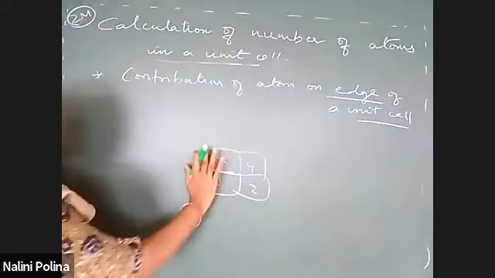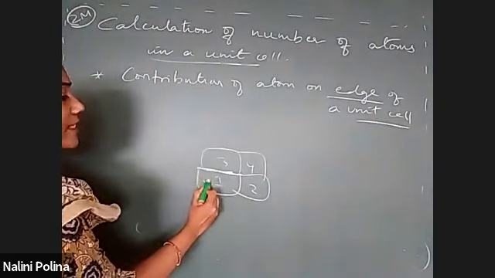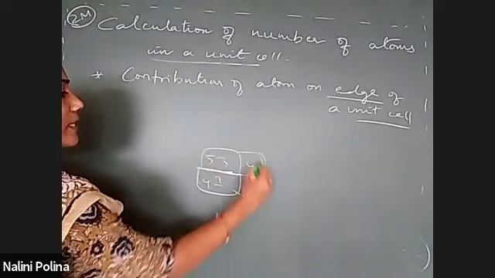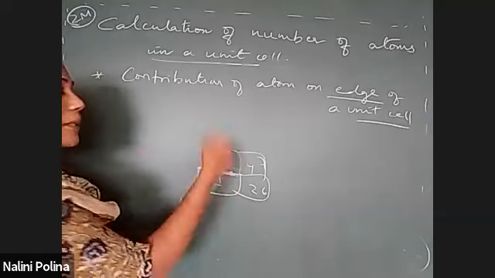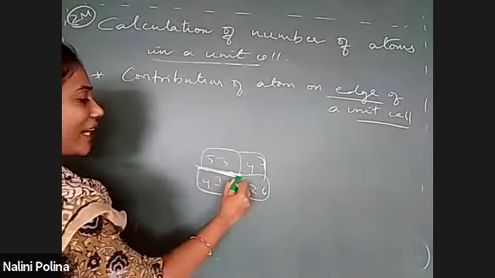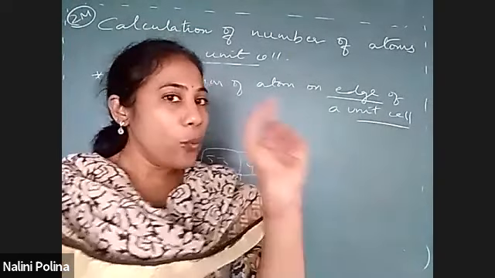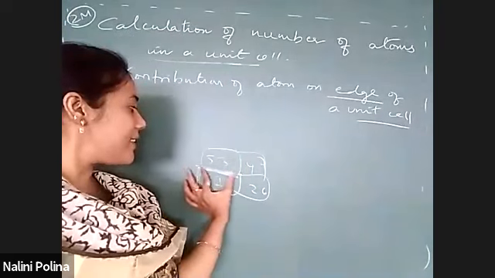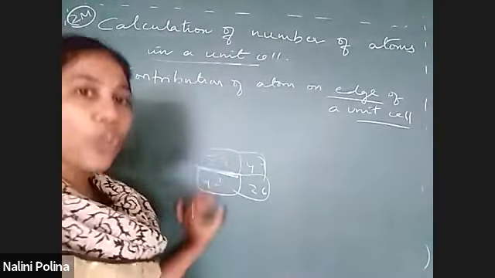Okay, say above this one more floor is there. So here the fourth room is there, fifth room is there, sixth room is there, seventh room is there. And if fourth and fifth rooms go, this edge will be a common one. This edge is a common one. That means each edge is shared by 4 unit cells. See, this is the edge, this one is the edge of 4 unit cells.